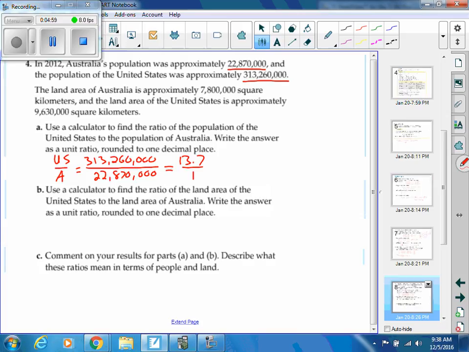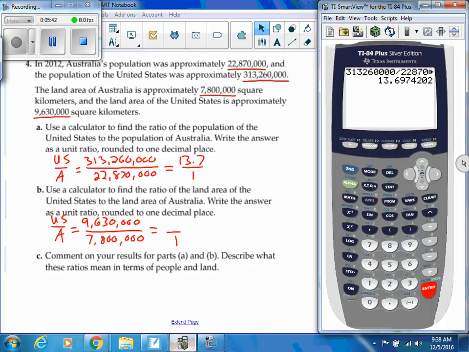Now for B, it says use a calculator to find the ratio of the land area of the United States to the land area of Australia. So again, we are doing the U.S. over Australia. The land area of the U.S. is 9,630,000 square kilometers, and the land area of Australia is 7,800,000 square kilometers. Okay, again, I want the unit ratio. So I'm going to my calculator again here, and I'm going to take the area of the U.S., which is the 9,630,000,